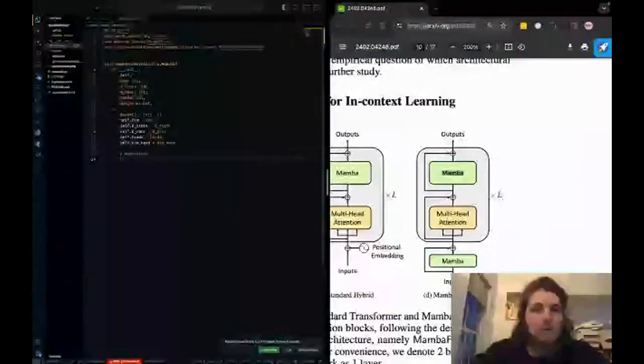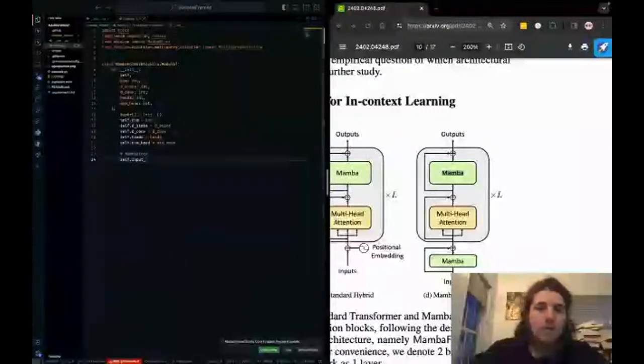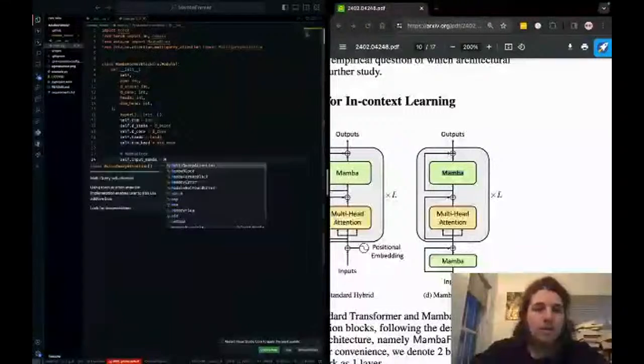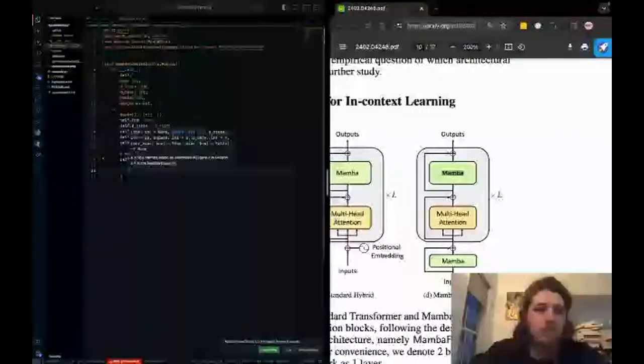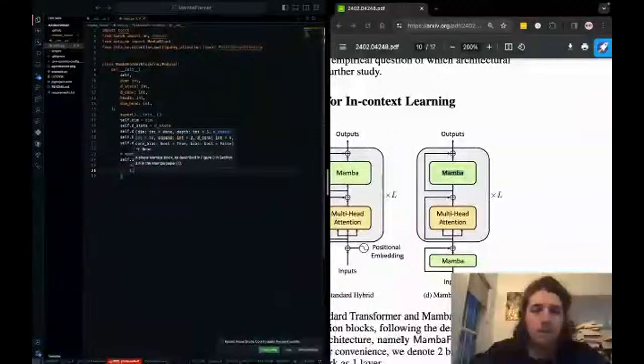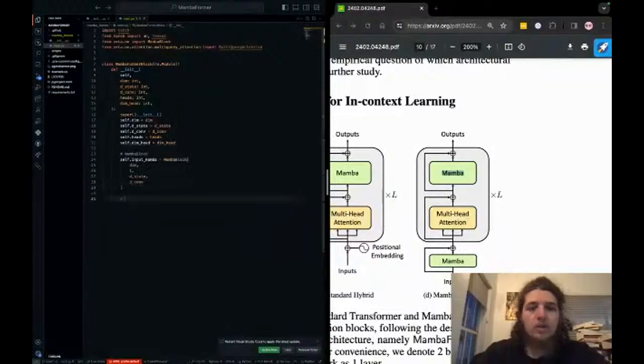So we need to initialize the input Mamba block, which is gonna take in, that'll happen once. Pass in with these states. We don't need to do anything with that. Okay, that's good.